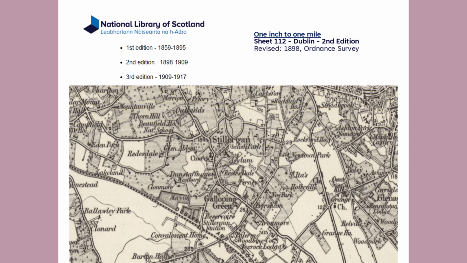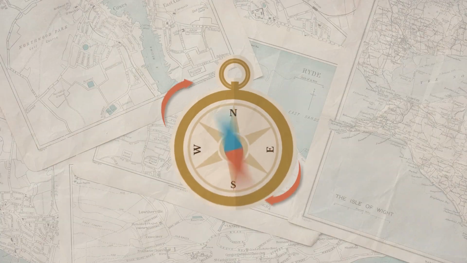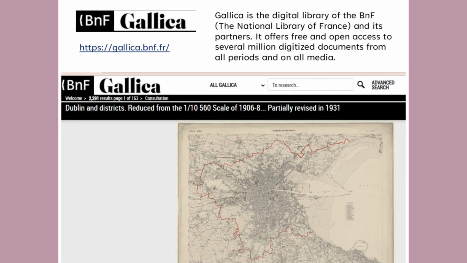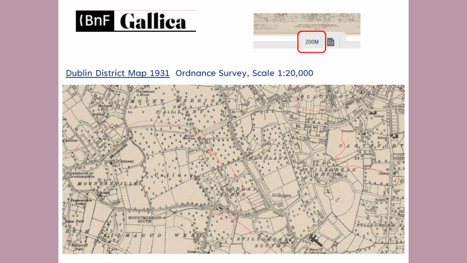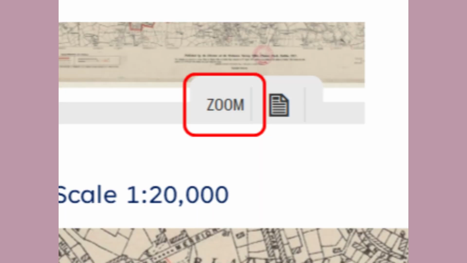And so we go from Scotland to France. It's great how other national libraries have digitised Irish maps. So Gallica is the digital library of the National Library of France. And one of the maps which they have on their website is this Dublin map 31. Can't quite see the bottom of that, but when you're looking at the bottom of the sheet, you'll see the